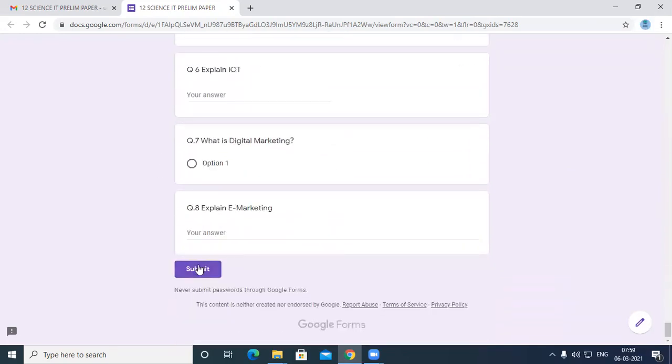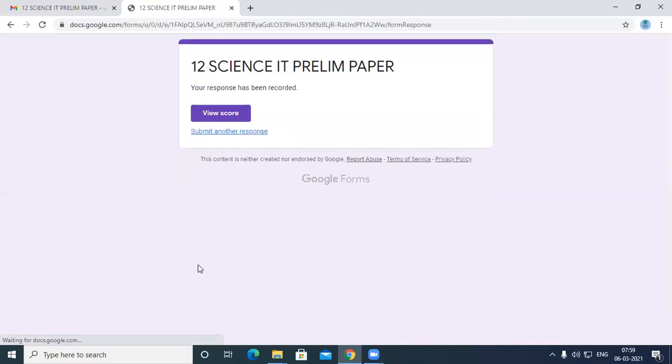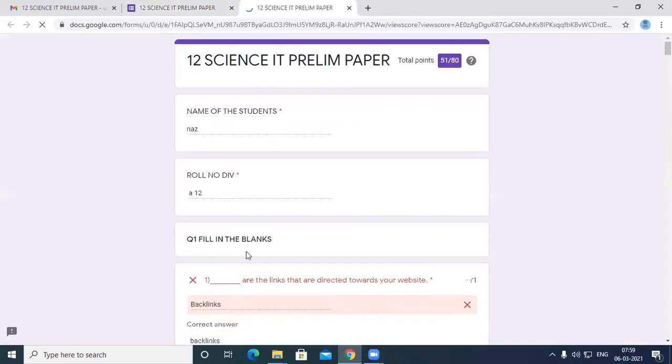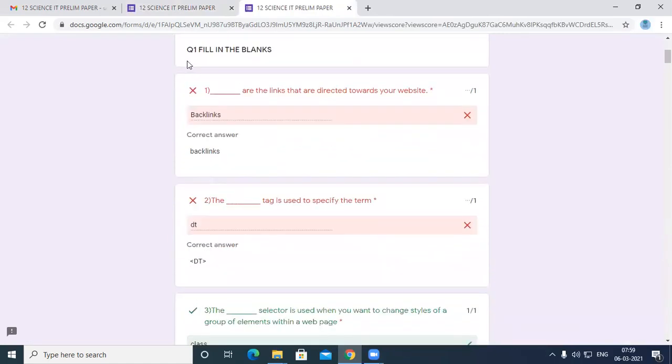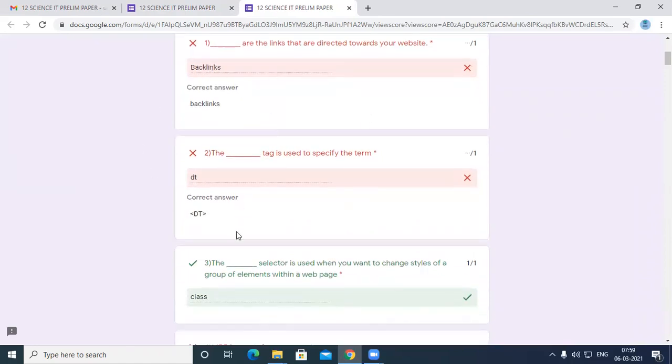Then I just go with the submit. It will be showing you something. Now view the score. Now see here, here I have written the answer. Don't worry about the fill in the blanks. They will be marked by your external, who will give the marks.